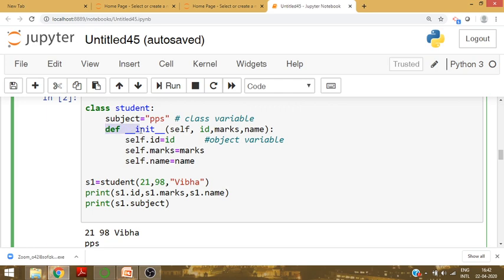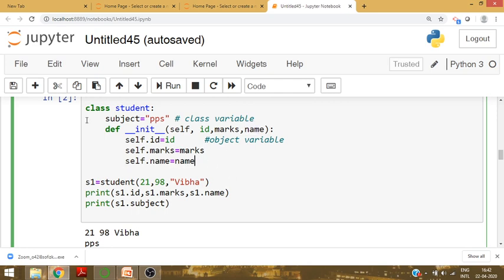Suppose one more method is the init method, written as def __init__(self, id, marks, name). Suppose we have 3 parameters, but the compulsory first parameter is self. self.id = id, self.marks = marks, and self.name = name.